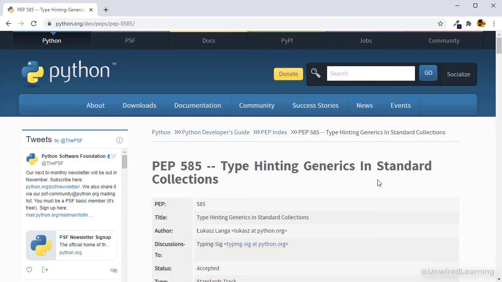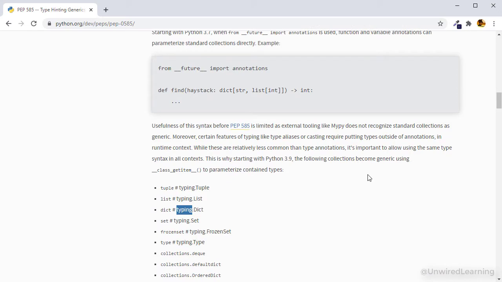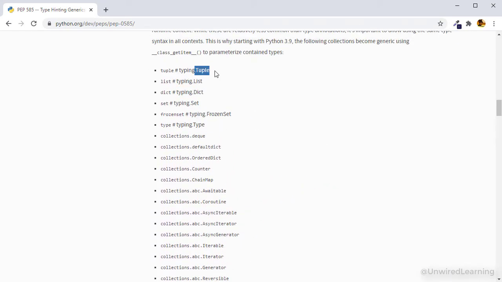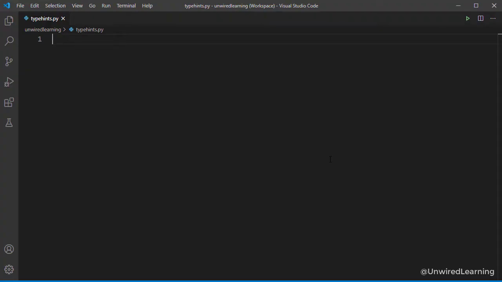So it was not very popular among beginners, but Python does support it. That means you can just import the typing module and then use Tuple, List, Dict or any other. So you don't have to do that now. With Python 3.9, we have everything inbuilt. Now what is this and how are we going to use it? So let me give you a proper understanding about type hints.